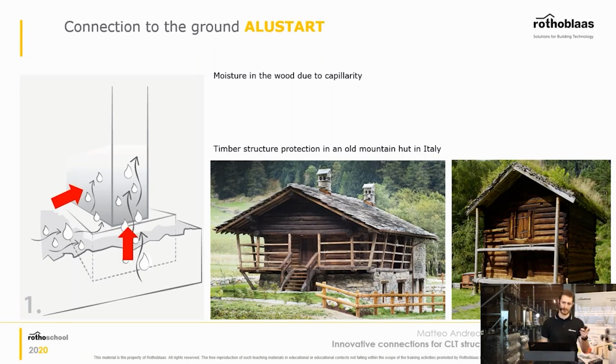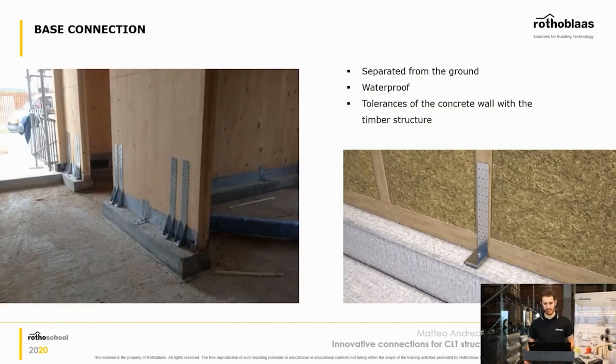So water and humidity are the worst enemy of your timber structure, and especially in the ground connection is where you have to be the most careful, of course, because you have the water that tries to go up the structure because of the capillarity, and as well the water from rain, which is trying to get into the structure. So a very common detail that you can see in CLT structures is